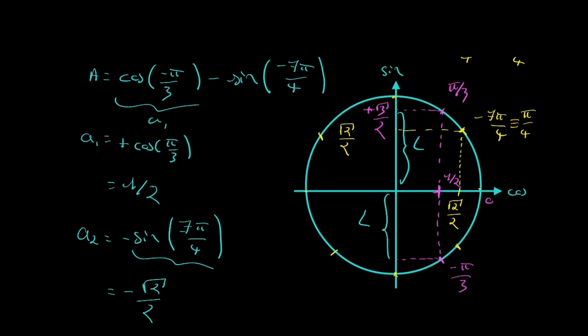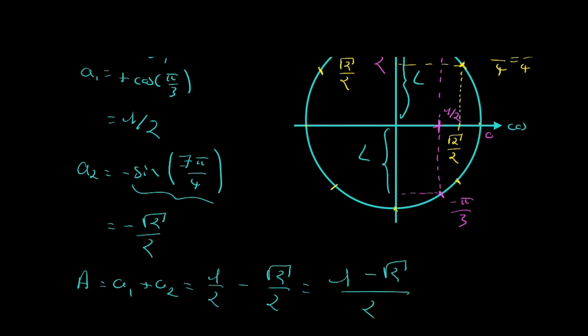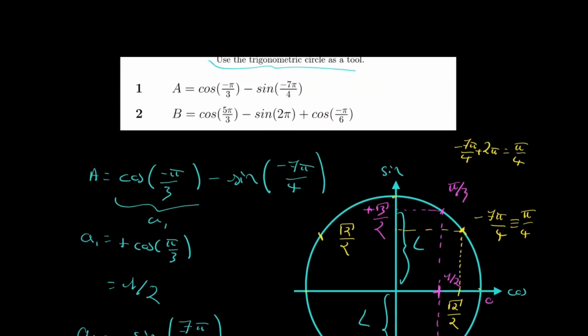We just have to add the two values. So A is equal to A1 plus A2, which is equal to 1/2 minus square root of 2 over 2, which is equal to 1 minus square root of 2 both over 2. And we have solved our first part of the exercise. Now, second part of the exercise. B will be equal to